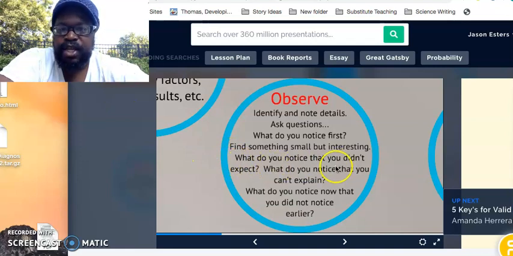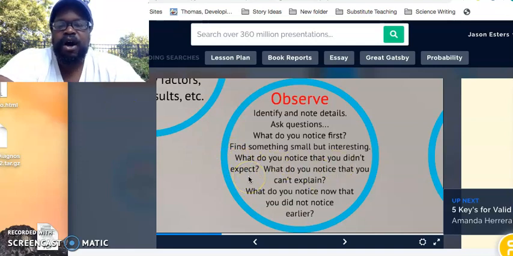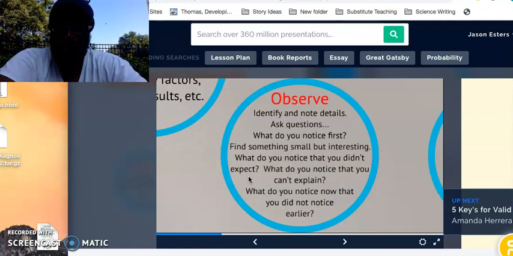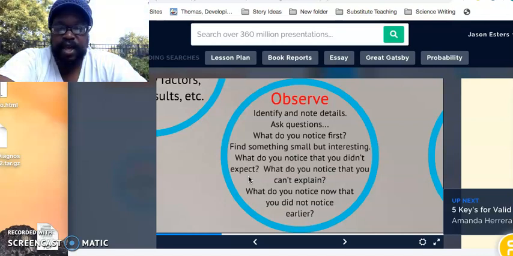What do you notice that you didn't expect? Oftentimes in our analysis, we should talk about the things that were surprising to us. Sometimes we won't write or talk about the things that we didn't notice at first because sometimes we think that we should have been smart enough to see it. But when we're doing research, that shouldn't be our goal. It's really important to say, hey, these things surprised me, because chances are it could be surprising to your readers